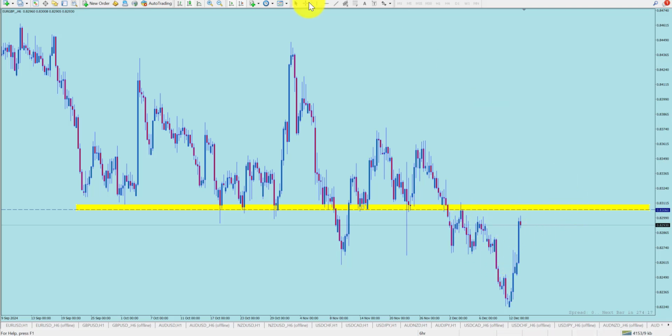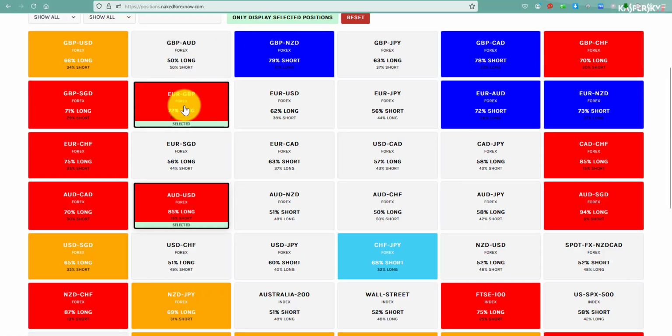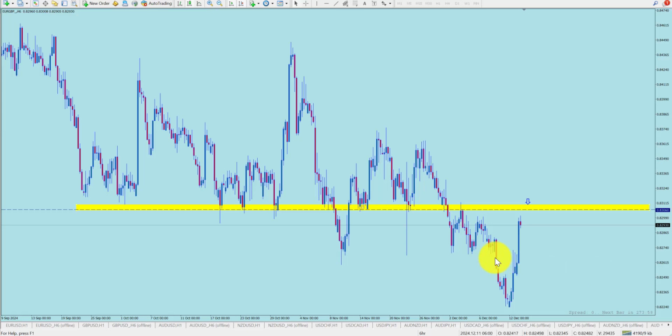So the question is, when we get up here, what should I be looking for? Because I know this is an important spot on the chart, but what is the market going to do? Well, if I look at my open position ratios, I should be bearish, right? Now it's not enough to just have the number here. I need to look at the chart and say, well, has the market been going down? Yes, it has. It's below a critical level of resistance, and I believe what will happen here is I will get a reversal signal. And in fact, that would be my number one base case.